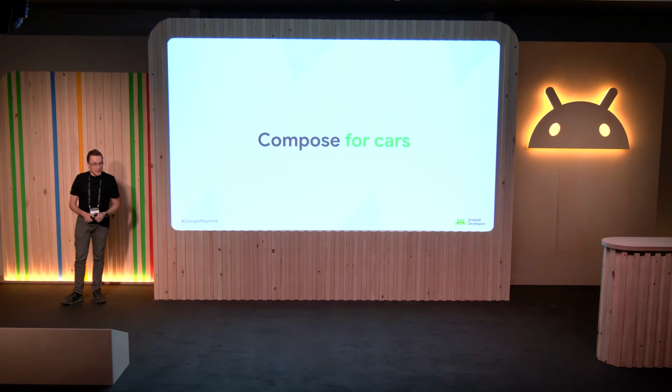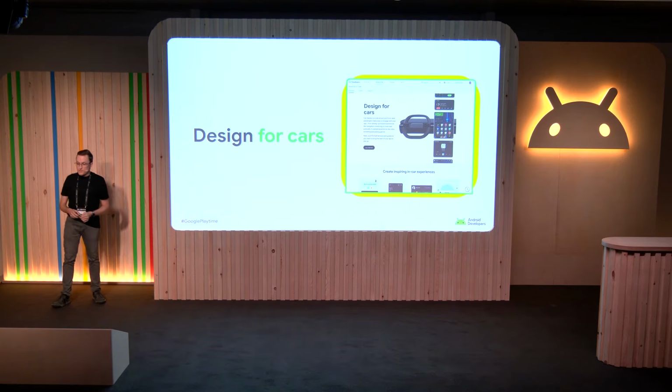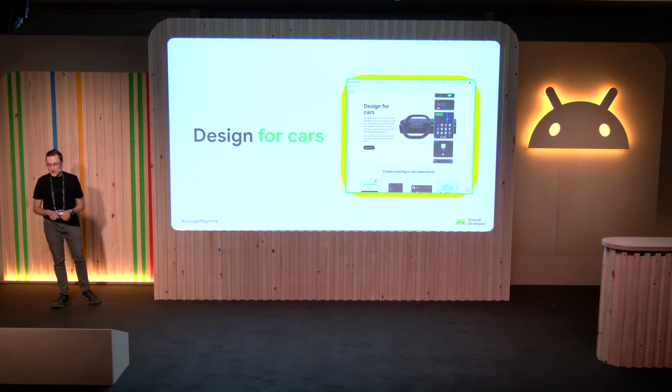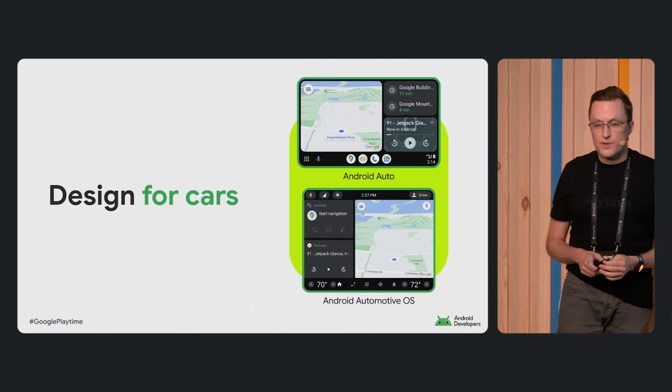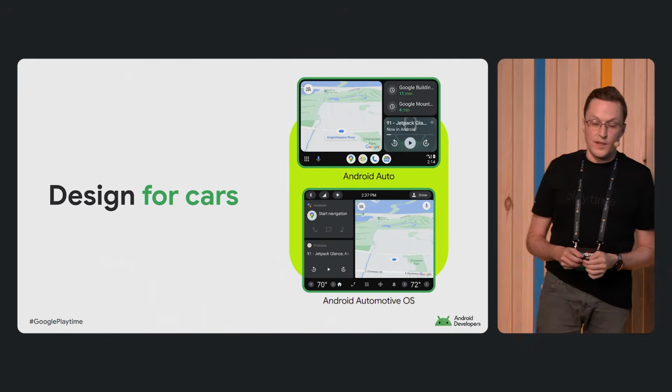Great, let's now switch up a little bit and talk about cars. We have just published our completely new Design for Cars guide. For the designers in the room, get inspired by all the kinds of in-car experiences that we've included here. And it's important, as you're thinking about this, to differentiate between the two kinds of car integrations. We have Android Auto, which is displayed here at the top, and then we have Android Automotive OS, which is the embedded version of Android that runs inside your vehicle, including Google Play,